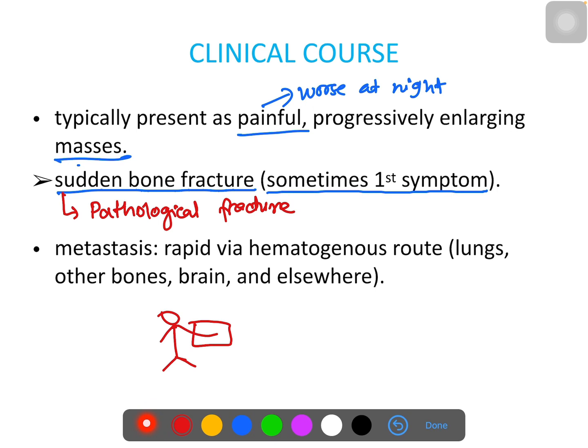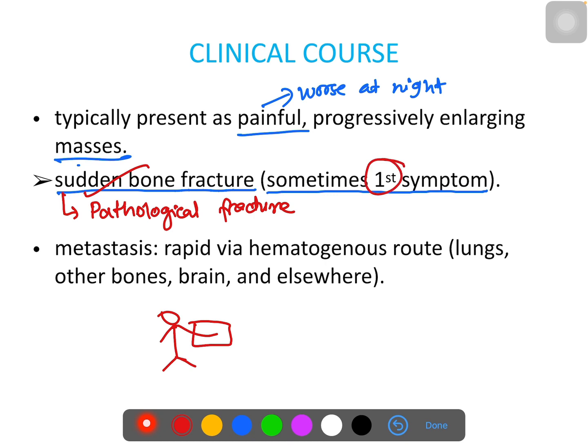So even a minor injury, a minor trauma, is causing the fracture, which in a normal individual will not cause any sort of damage. That is known as pathological fracture. The bone is getting weak within itself. There are no external factors that are causing the fracture. That is referred to as pathological fracture, and hence there is a sudden bone fracture, and this is sometimes the